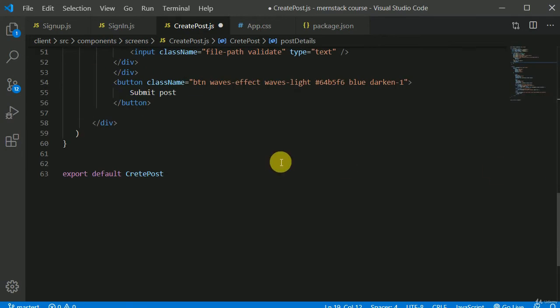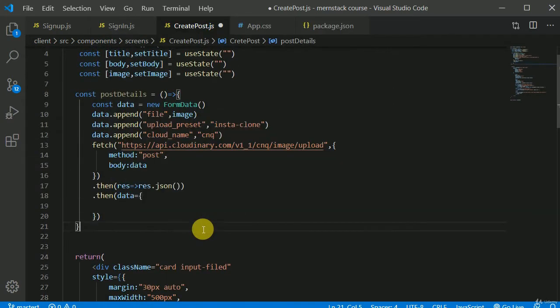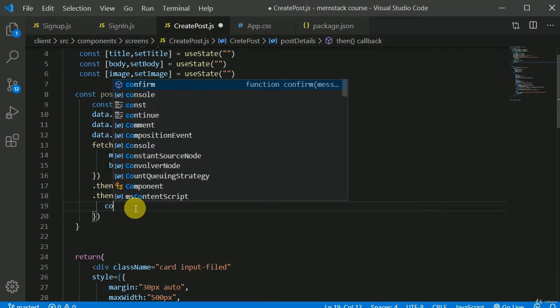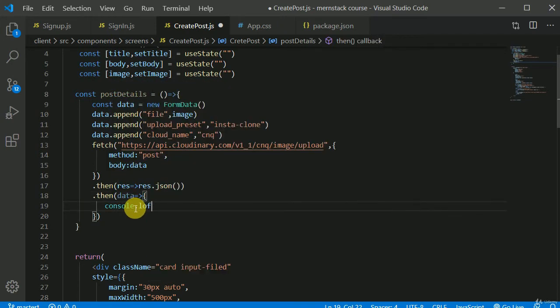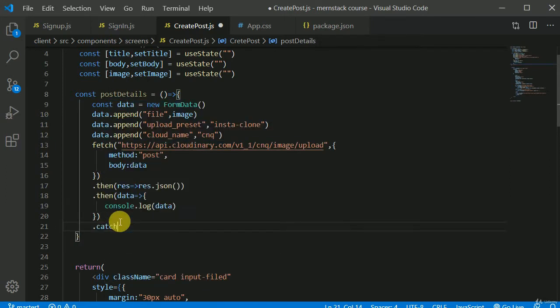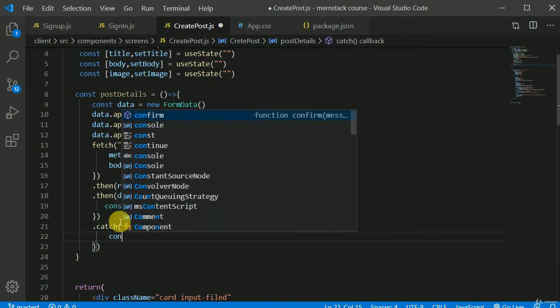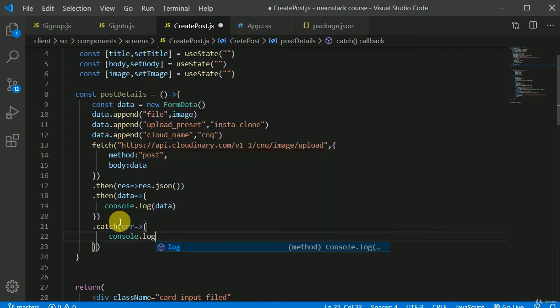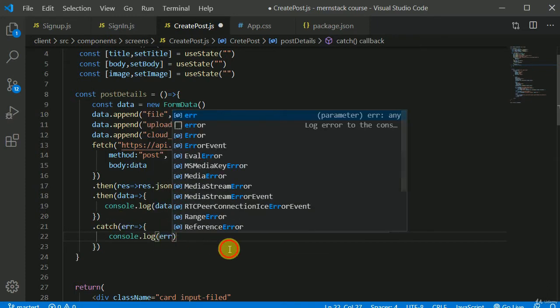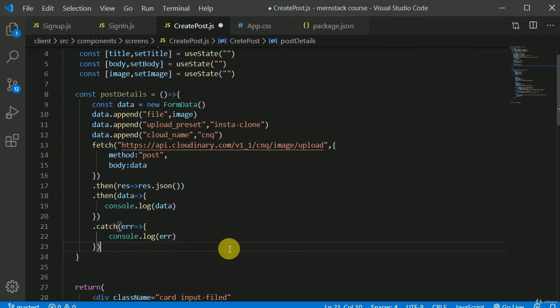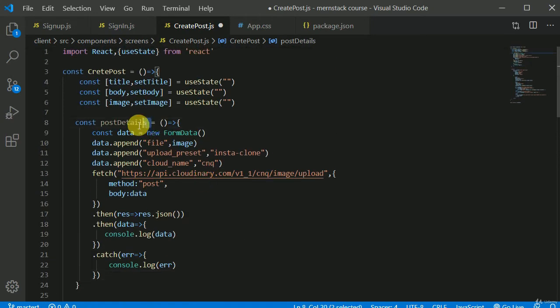I need to put this arrow. Okay, so I can console.log the data, and if something went wrong, then I can catch that in the catch block with error, and console log the error. Okay, so now let's test this. So we will be calling this post details,